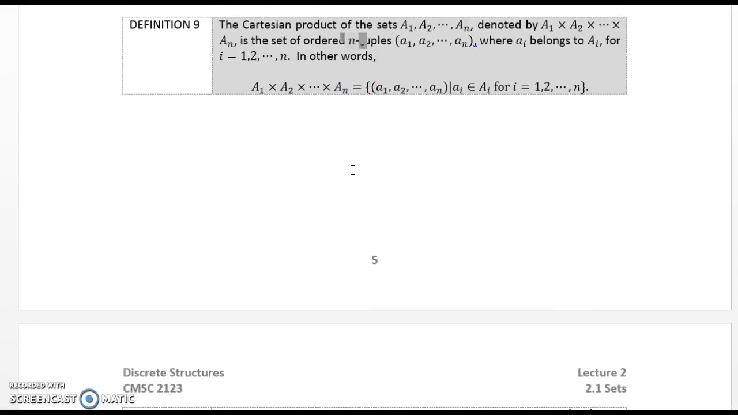Definition 9. The Cartesian product of the sets A1 through AN, denoted A1 cross A2 cross through AN, is the set of ordered n-tuples (a1, a2, through an) where ai belongs to set Ai for i equal 1 to n. In other words, A1 cross A2 cross through AN is equal to the set, including